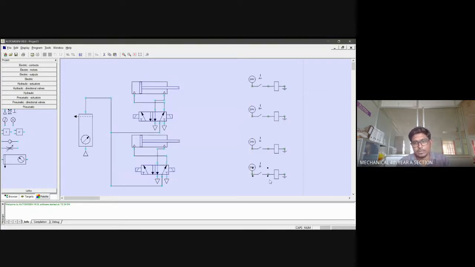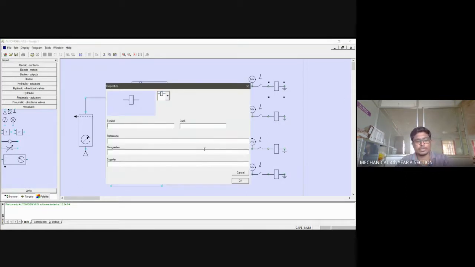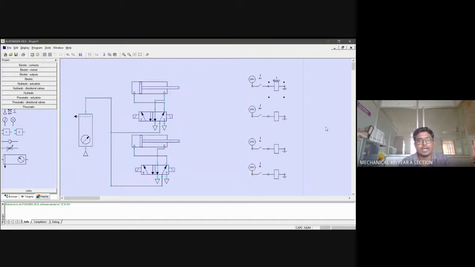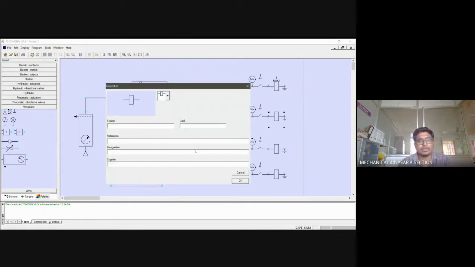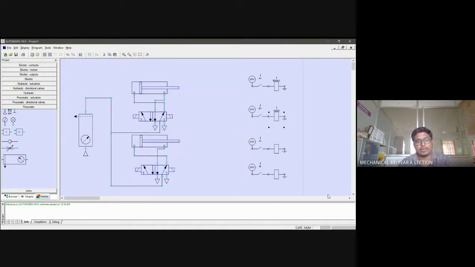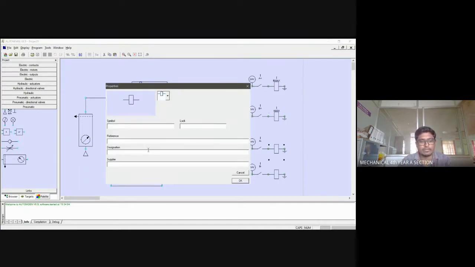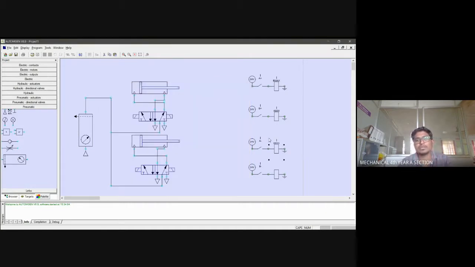Can you say what corresponding output we will be getting here? After A plus, what happened? B plus has to come, so my solenoid position will be B maximum. After B plus, it is A minimum. In the symbol portion, I have to type it, I have to give the name. After A minus, what do I have? B minus, so in symbols I have to give B minimum. Finally, I have B minus to A plus again.